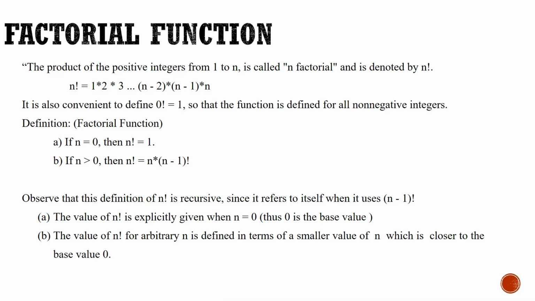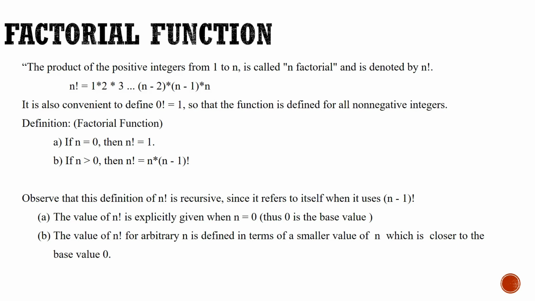For us, we need to decide the breakpoint here. Now, what is the breaking point for this case? When we reach 0, the factorial of 0 is 1. That will be our base value. That is the first condition we should ensure, that there is a base value in a function. What will be our base value? If n equals 0, then the factorial of 0 is 1. That is our base value.